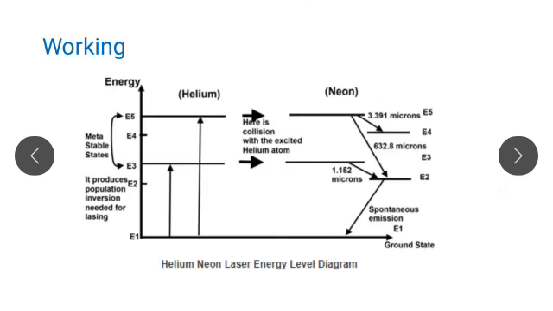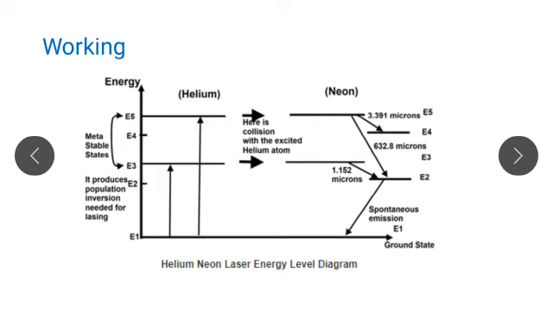Now we see the working. So here we know that for proper lasing action, a 3 energy level laser is considered. This is the ground energy state, then E2 is the second energy state, E3, E4 and E5. These are the energy states. Here first the atom is in the ground energy state, and as we know, when a photon of energy h nu is incident, it gets excited, and in this helium neon laser, the lasing atoms are actually neon atoms.